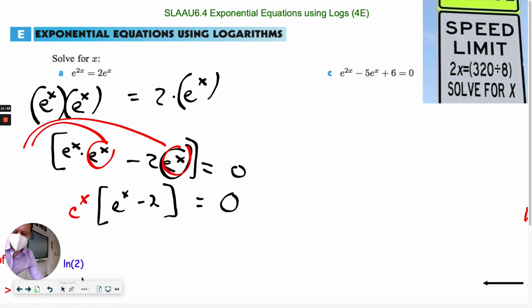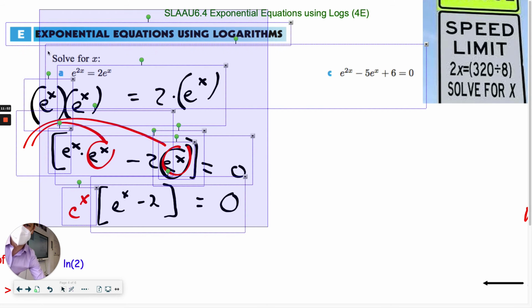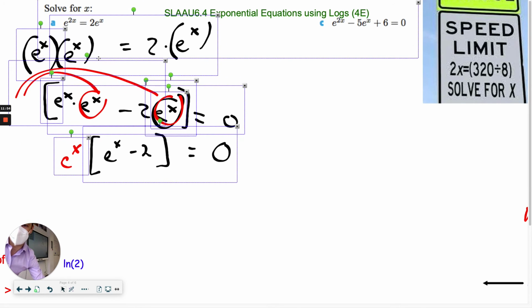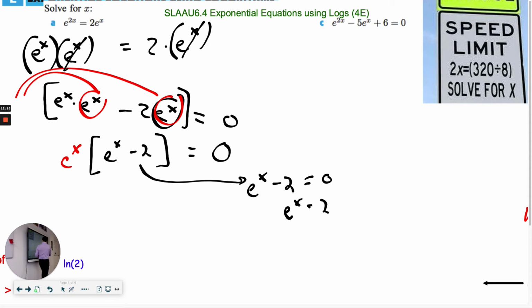And therefore we have two chunks that are multiplied together to get 0. This is the zero product property, which means if this piece times that piece equals 0, either that one's 0 or that one's 0. We already saw that this one is potentially 0, e to the x minus 2. We did that when we first scratched this and scratched that. We got e to the x equals 2. So you still get e to the x equals 2 like we had before, and so you still get x